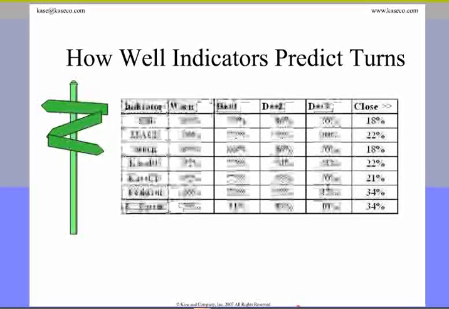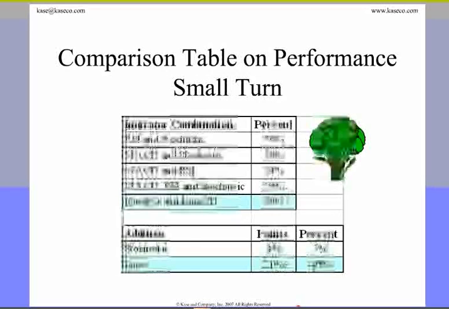So the answer, Dean, can you move your little red dot? The answer